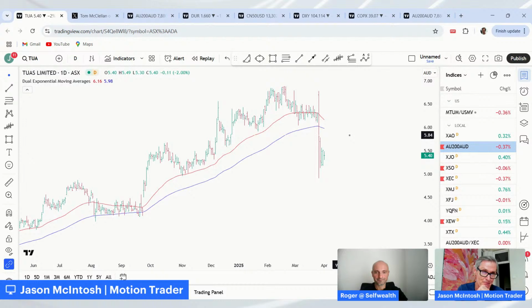So the profit results came out and they appear to be good from what I understand of them, from what I've seen written about them. They were positive numbers, and the stock opened higher. You can see the stock gapped higher on the open, but then it was met with substantial selling. So I don't know where the selling came from. I don't know who was exiting.